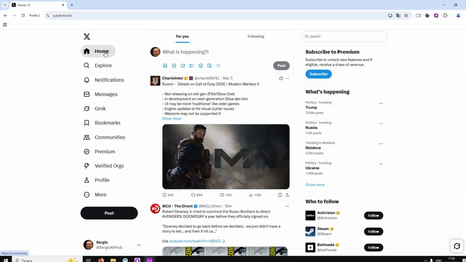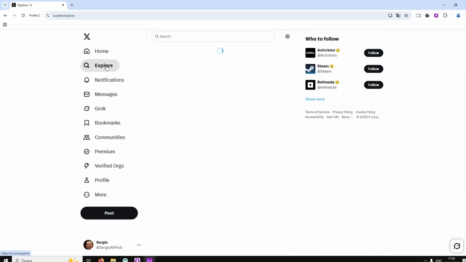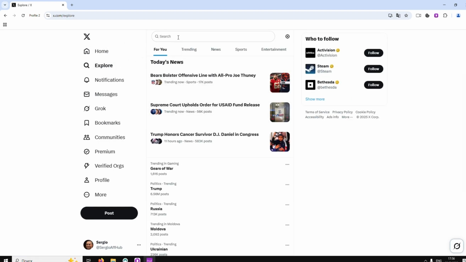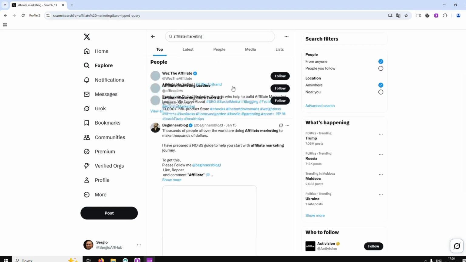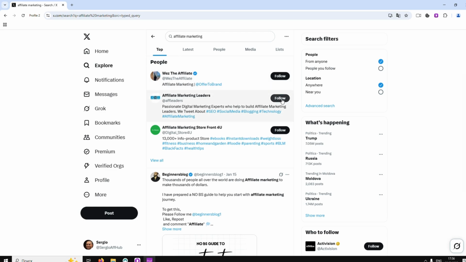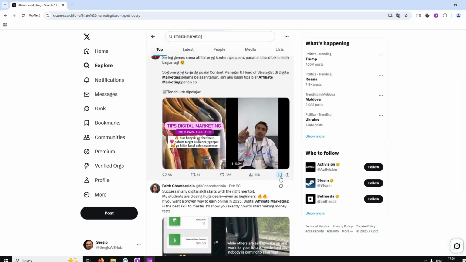How to make posts on a Twitter account. On Twitter, you can explore topics you're interested in by clicking Explore in the top left corner. For example, if I type affiliate marketing, I can see related information. You can follow accounts, see the latest news, save tweets, like them, and repost, retweet, which means sharing them on